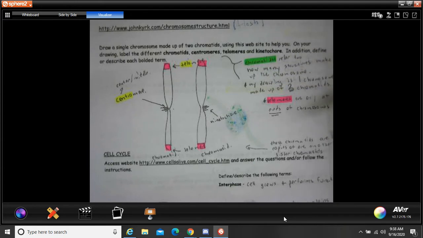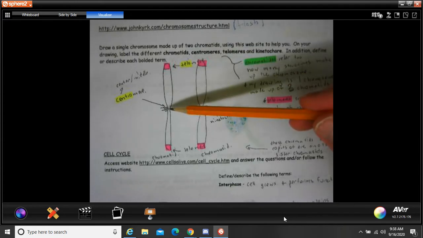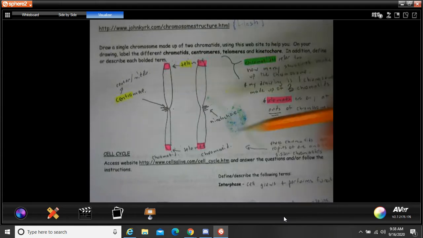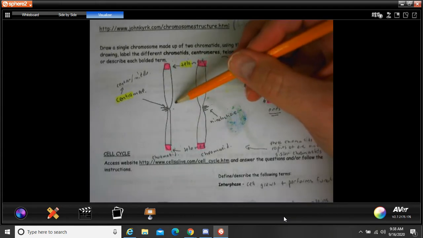All right, so telomeres are at the ends, centromeres are in the middle for all intents and purposes of this course. Now, the one confusing thing that we're going to talk about is the difference between a chromosome and a chromatid. I made a little note down here that these chromatids are copies of one another. As we'll learn later in the cell cycle, the DNA gets copied, which means essentially that each chromosome gets copied, because each chromosome is one